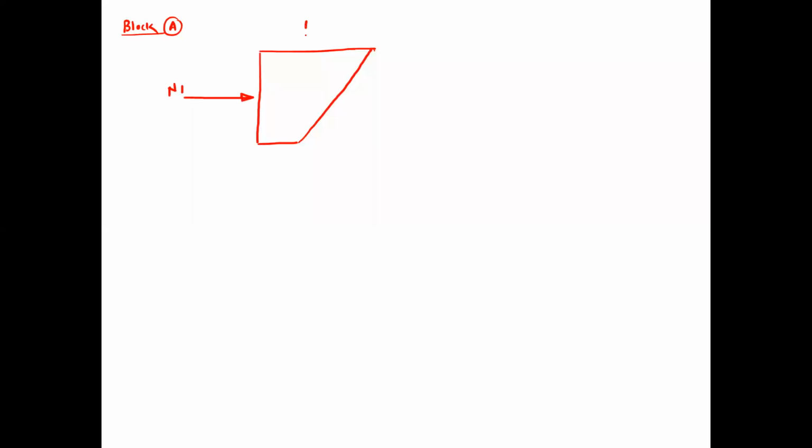This is N1. Weight is 500. This is the common normal reaction N2. Its angle with respect to the x-axis is 30 degrees, so this is the x component and this is the y component. As the impending motion is in the downward direction, the friction force will be in the opposite direction for both the contact surfaces. This is the contact surface between the wall and block A, so this friction force is 0.3